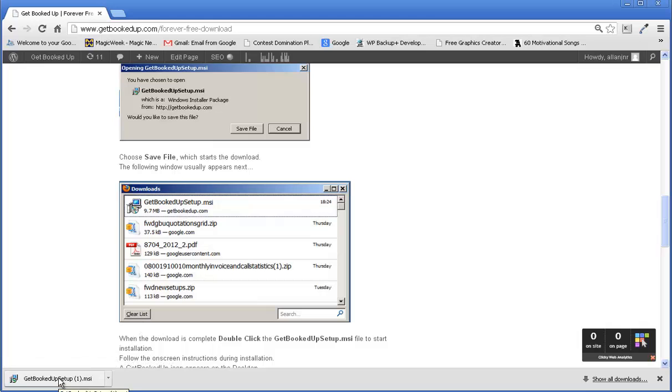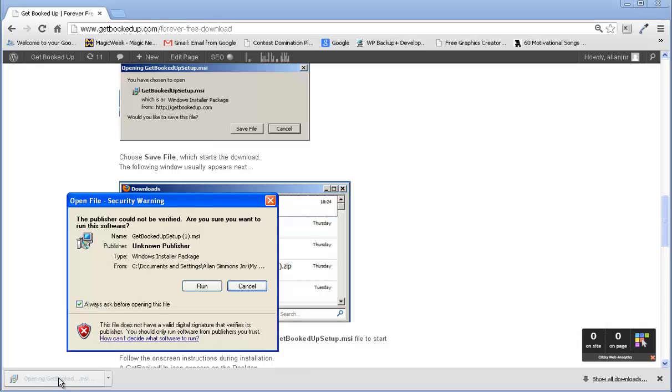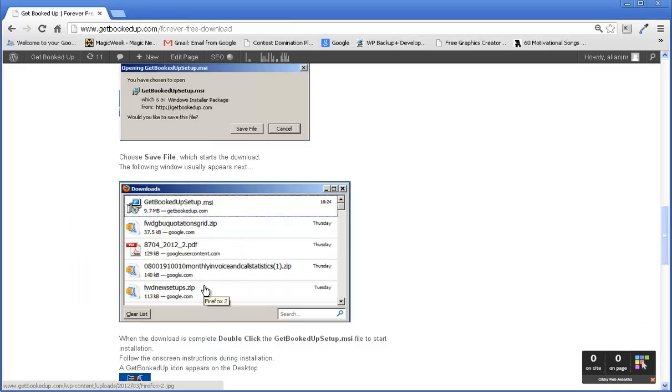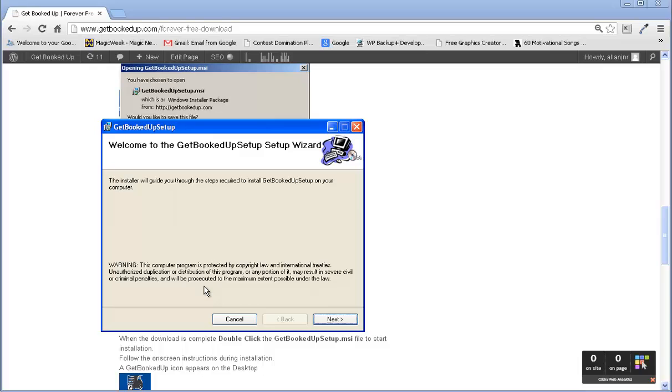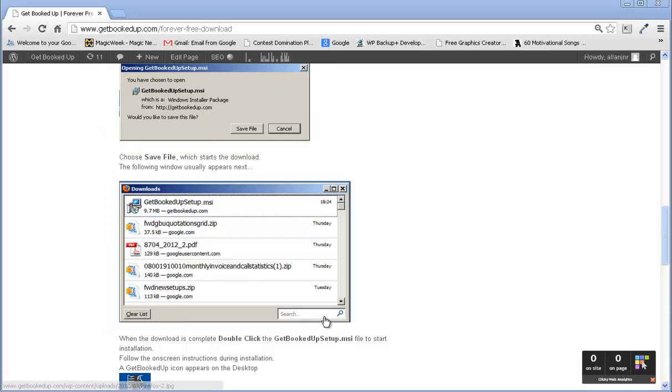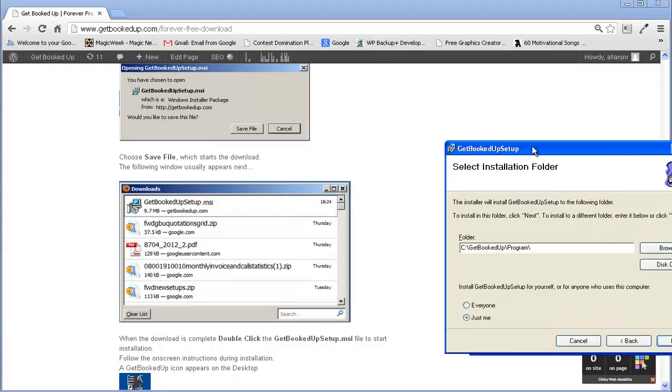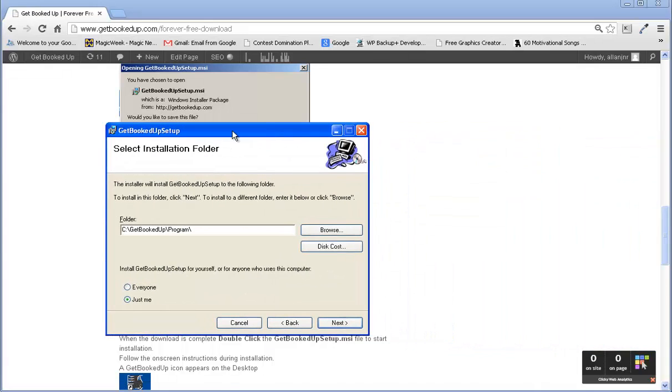So I'm just going to double click that in my browser now, and that's offering me the option to run or cancel, so I'm going to run this. Now it may pop up that we're an unknown software developer. That's because we're not one of the big name developers, so it's okay to just click OK and accept that. And then the Startup Wizard screen should pop up. So all we need to do now is click next to start this,